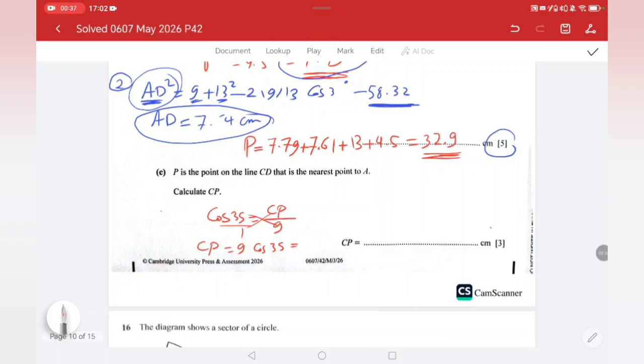So 9 cosine 35 is 7.37. Okay, so this is the length we need to find. Okay, next one,